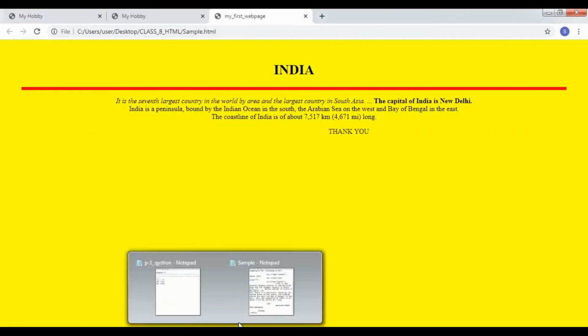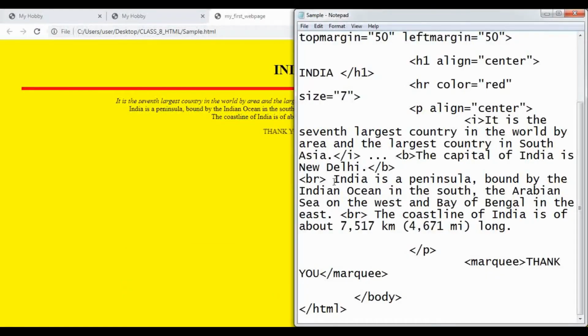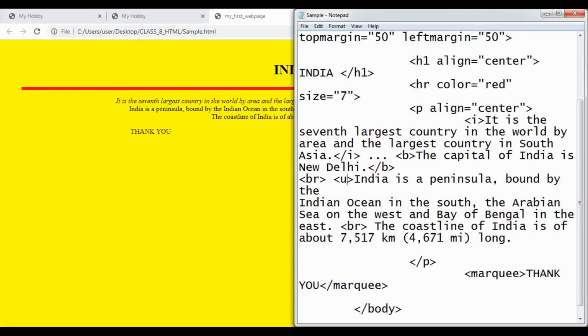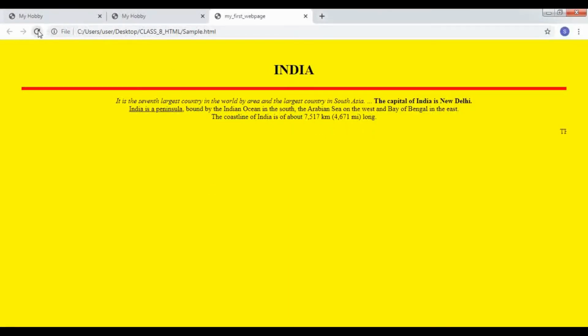Only this part I will be underlining. So to underline, what you will use is, you will use the U tag. India is a peninsula. After this, you will close the U tag. Only this part which is written in between the underline tag will be underlined. Just Control S to save it and refresh. So if you see here, India is a peninsula, that is underlined.